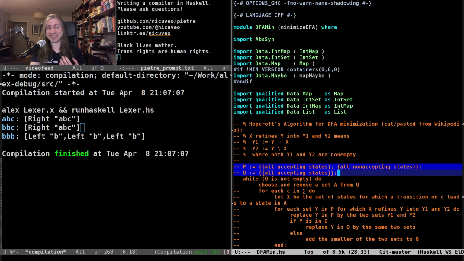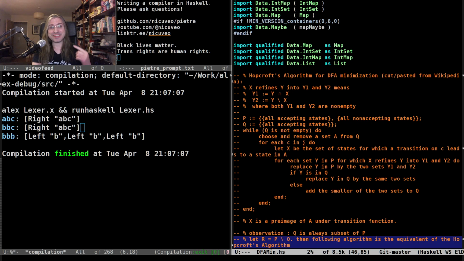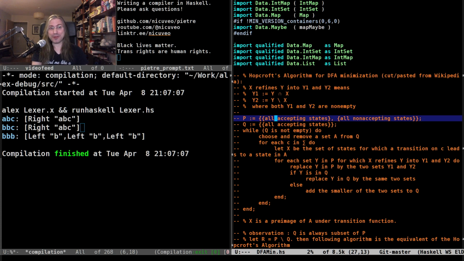The initial sets of the algorithm, where here, starting with Q not containing all of the sets, if you go through the logic of this, means that in some rare cases, some sets will not be properly split, some starting states will not be properly split, meaning that we end up with some states being combined at the end in ways that they shouldn't be. So yeah, this was probably a problem caused by a copy-paste from Wikipedia that has been lurking in the Alex code for 11 years.